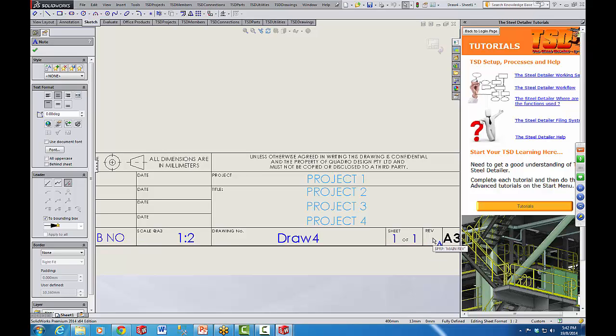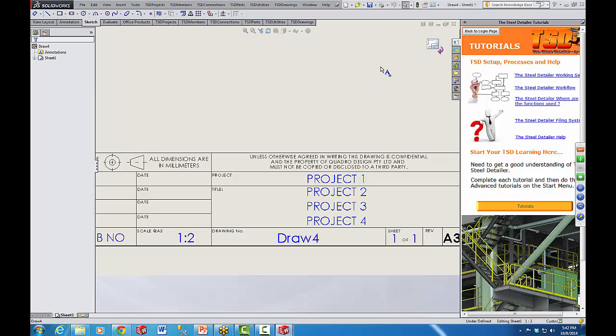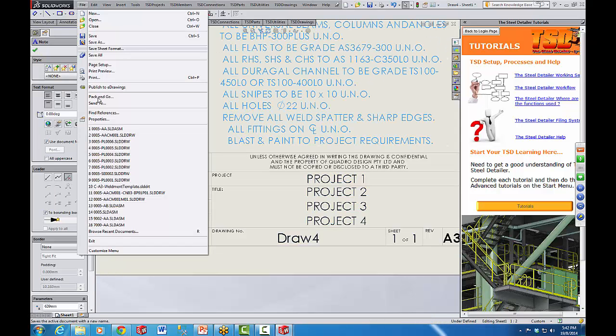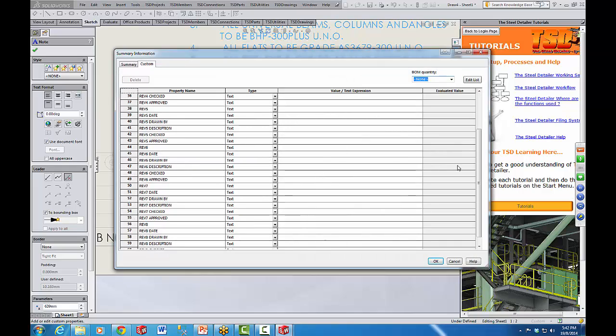It's not sort of highlighting there because there's nothing in it. It might just pay for us just to go up into it, so I'll just exit out and I'll put some data in so that you can see what's going on here. You might want to go through the revision table as well. So main revision, we'll just put in something, and then